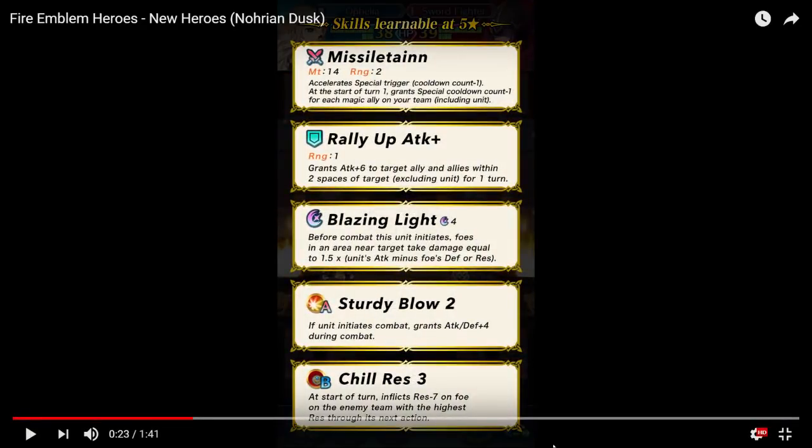Mistltein. Accelerate special trigger cooldown -1 at the start of turn 1. Grant special cooldown count -1 for each magic ally on your team. And they were smart enough to actually give a blazing AoE with this. This makes her one of the best units actually for a special spiral. If you really love this character for whatever reason,